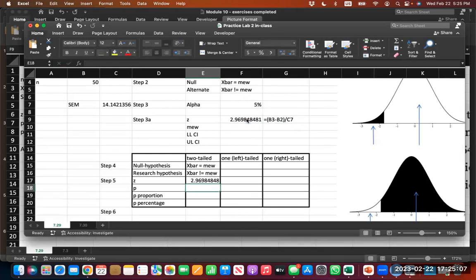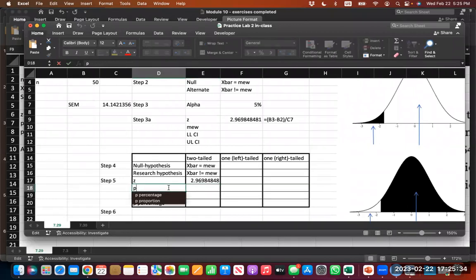It's 2.96. And now we need to calculate our P, and that P is basically the P where SAT equals 2.97. That's the P I want to have. But it's basically that P multiplied by 2. So this is how you have to think of it. So if you are calculating,